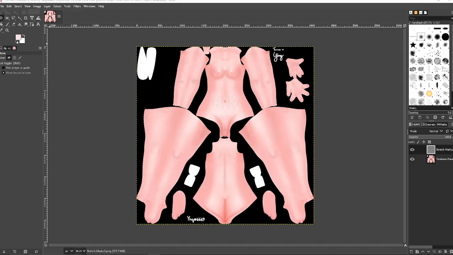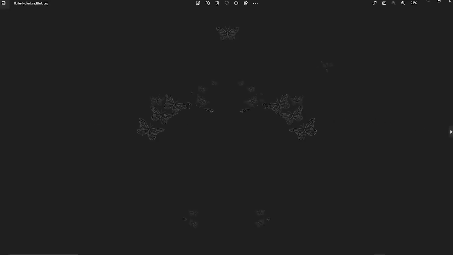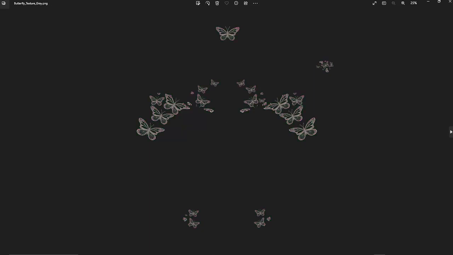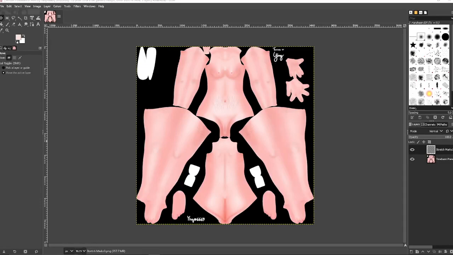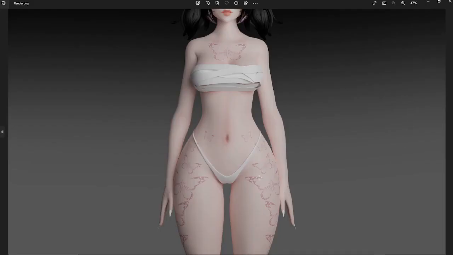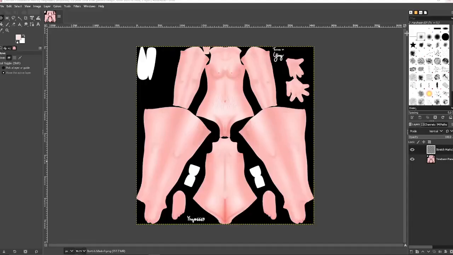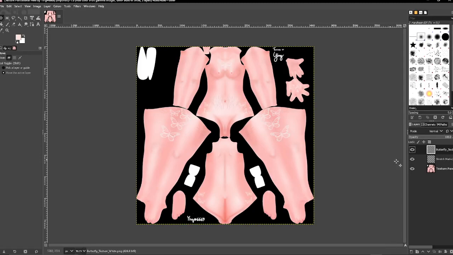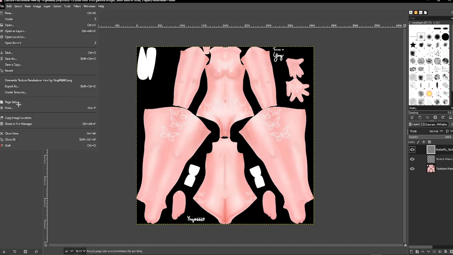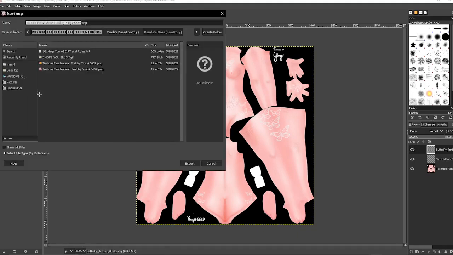Let me extract it. Okay, it's not, so see, butterfly texture, right? Just a bunch of butterflies, different colored butterflies right there, and there's different maps for it, right? Let's say I wanted, this is how it's gonna look like, right? Let's say I wanted white butterflies, right? I take it, I drag it on. It's all the way on the very top, right? You go to file, right? You export as,